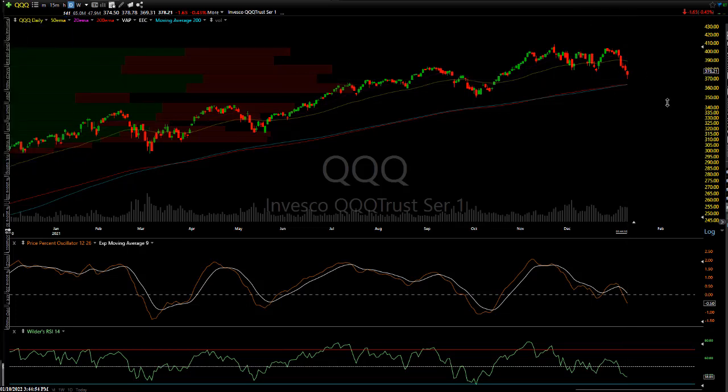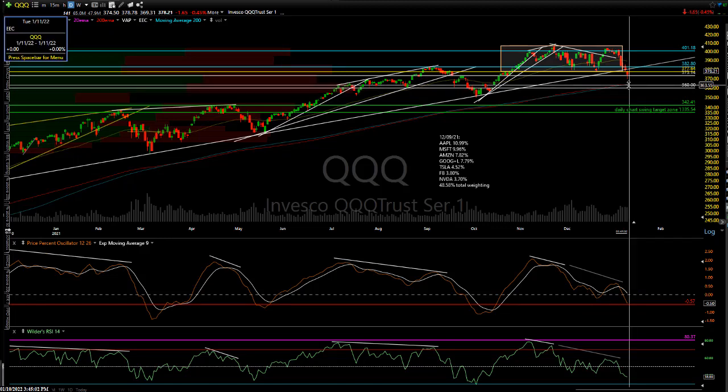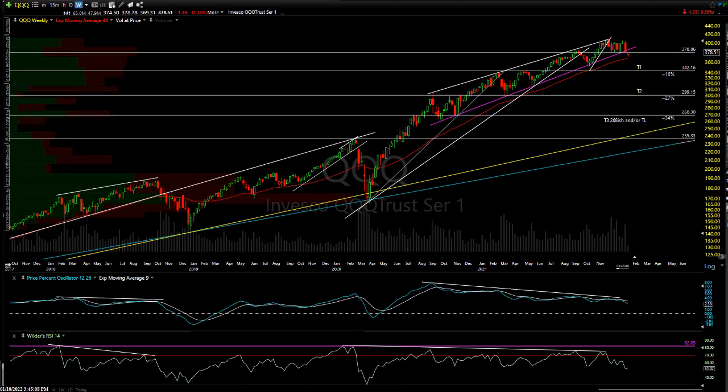Again, those are the levels that will firm up the longer term bearish case if and when taken out. And that's, again, 360 in the 200-day exponential and simple moving averages, which are just above that. And then at that point, we'll continue to focus on the longer term charts like this weekly chart,